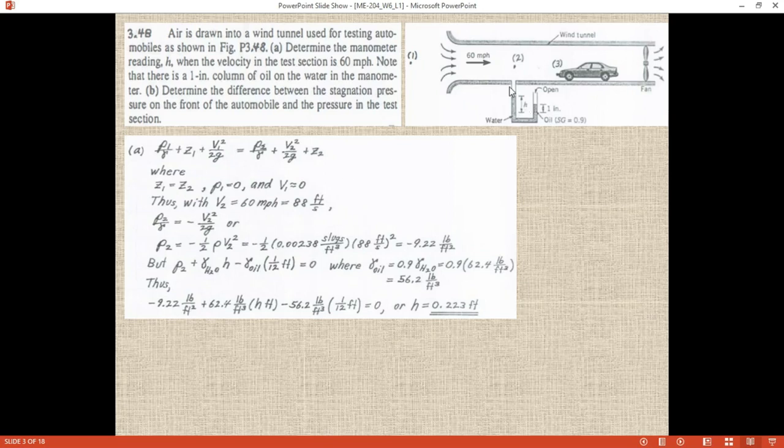To find out H, we have to make the equation for the manometer, because this H is the manometric height. So let's make the manometric equation. How can we make it? First of all, we have to find out the reference level. So which one is the lowest reference level? This is the lowest reference level, the pressure at this point. And if you take the line straight from here, the pressure at this point is the same, because the fluid is the same and the fluid is continuous. So the pressure at this point, just starting from H, and the pressure at this point is the same.